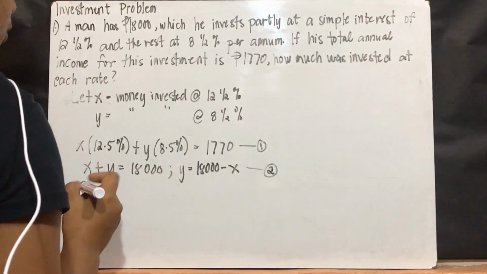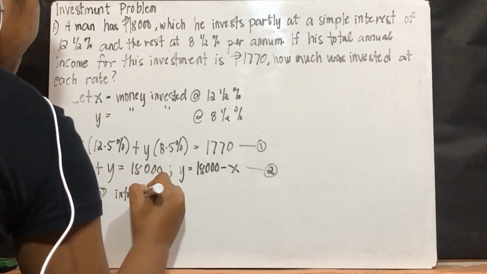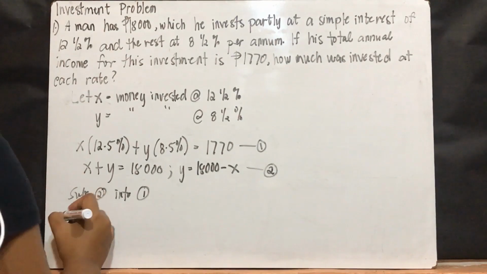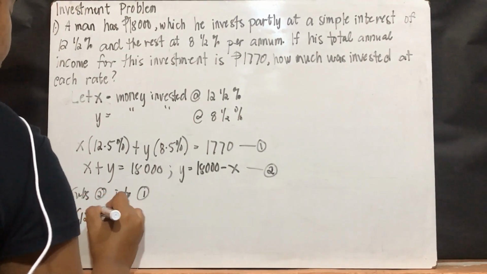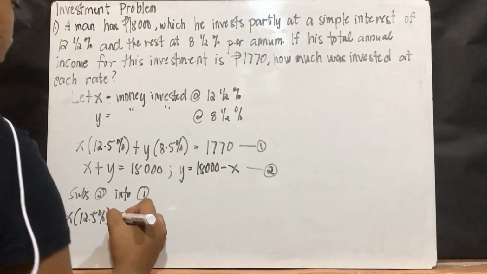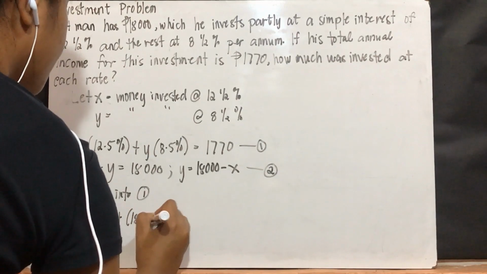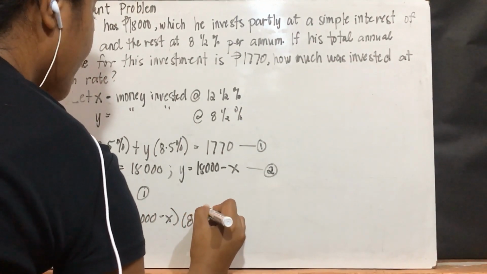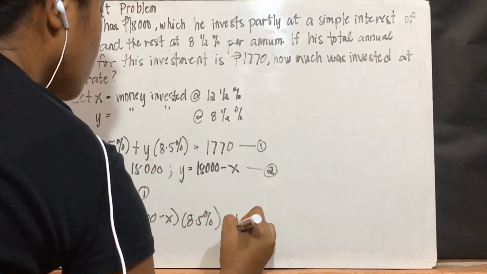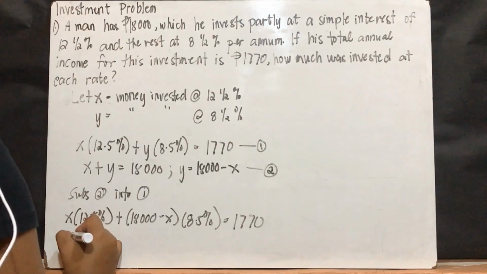And then, substituting equation number 2 into 1, equation number 1, we have X times 12.5% plus Y, ito si 18,000 minus X multiplied by 8.5% is equal to 1,770. And then simplifying further, we have